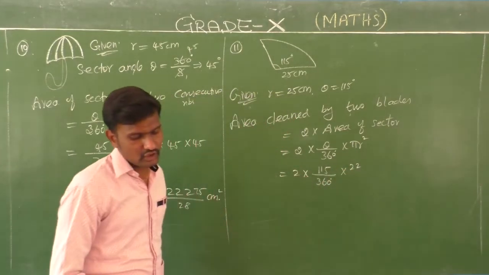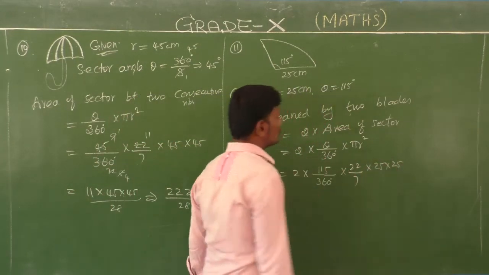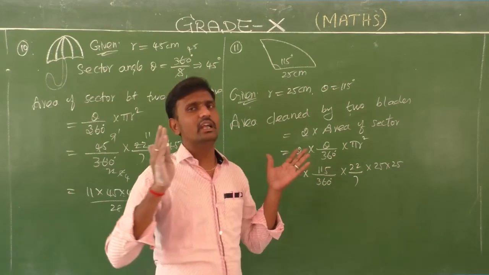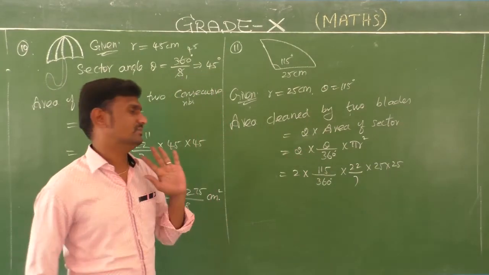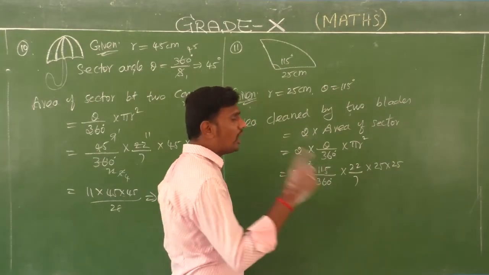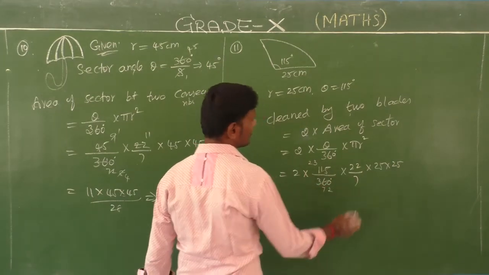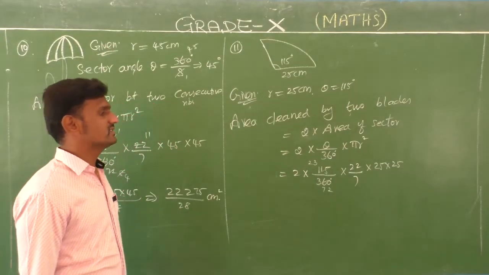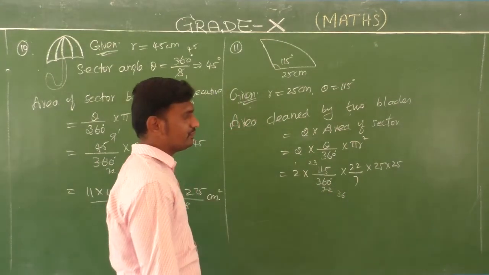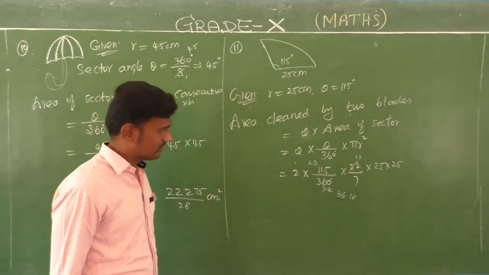Did they give anything? No. So just substitute 22 by 7 into 25 into 25. That also gives you a simplification. So take the whole fraction itself, multiply and simplify that. Now simplify the table of 5. 2 5s are 10, remainder 1. 3 5s are 15. 7 5s are 35. Is anything cancelled? Yes. 1 2 is 2. 36 2s are 72. 11 2s are 22. 18 2s are 36. Yes, students.